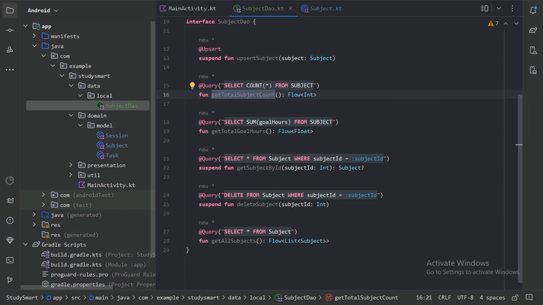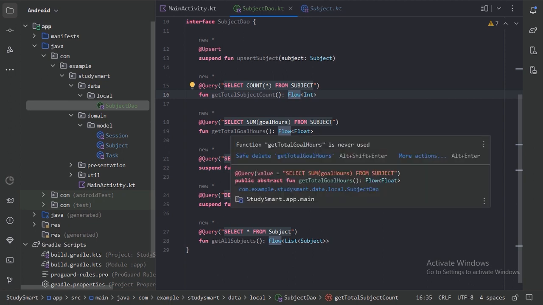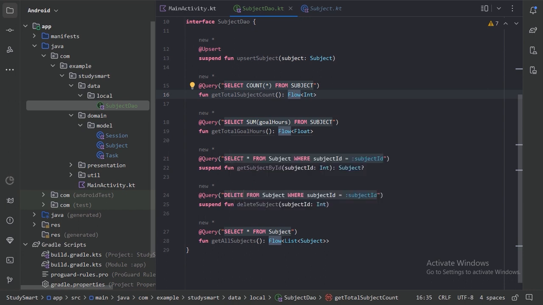There will be no button to check the count, but rather we need to display the number of subjects. Whenever there is a change in the number of subjects, the display should also update instantly without the user's action. That's why we are using flow here. In the same way, we will also update the total goal hours by itself if there is any change in the subject entity. And for the next function, get subject by ID, we will just get the subject